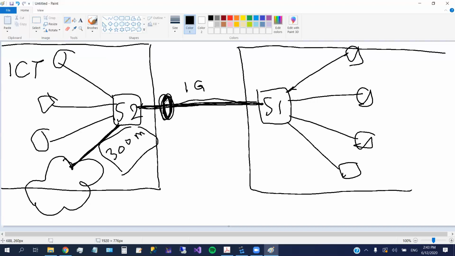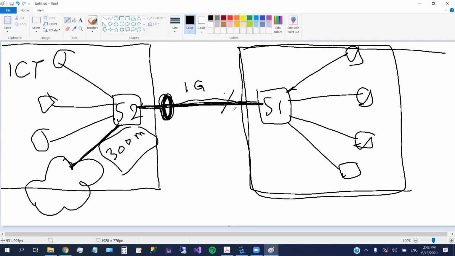Why? Because this link is critical. It's what they call it one of the main connections to connect the network at the right side here. So in case of failure here, what will happen? All of these PCs will be disconnected from the internet. That's why, because this one is very important, we have to implement another backup link here to avoid any failure,